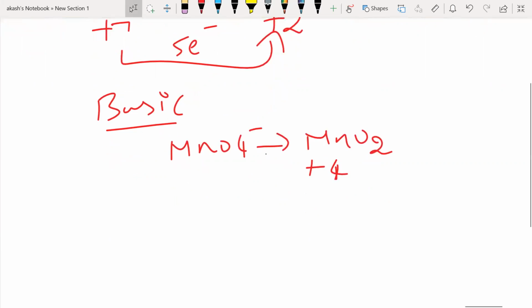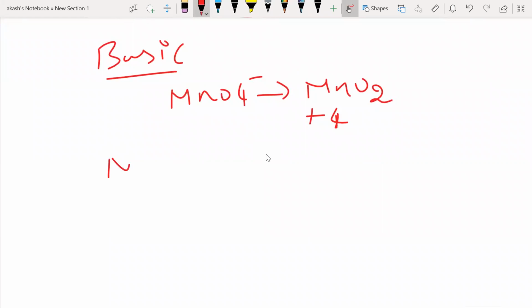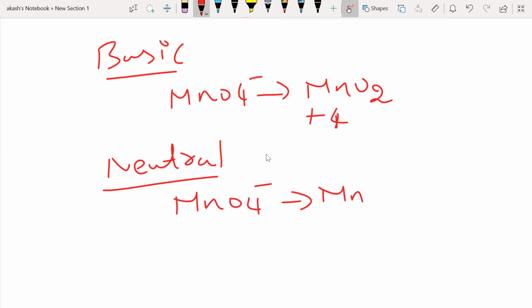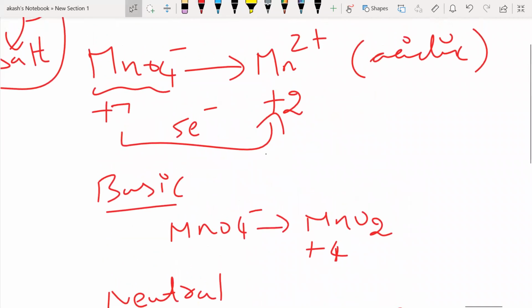Anyways, okay. So next, if it's a neutral medium, MnO4 minus will become MnO4 2 minus. So again, it will be +6 here, 1 electron gained. So you can see what I'm trying to tell you is there are not only this reaction, there are